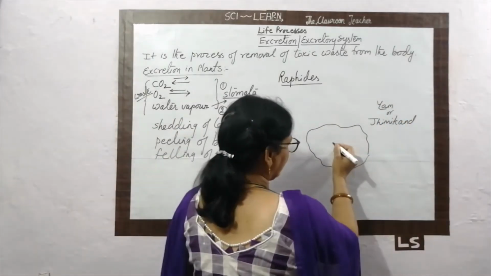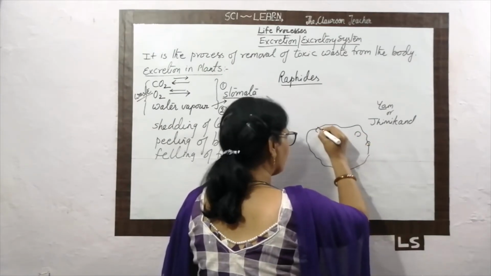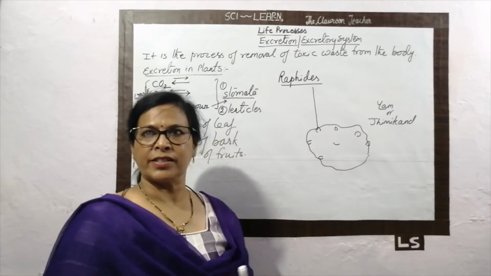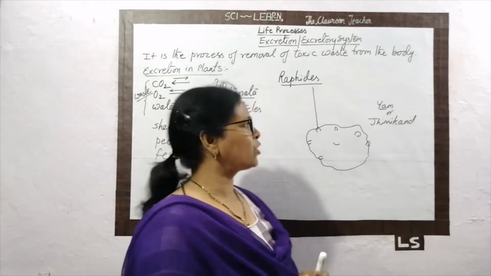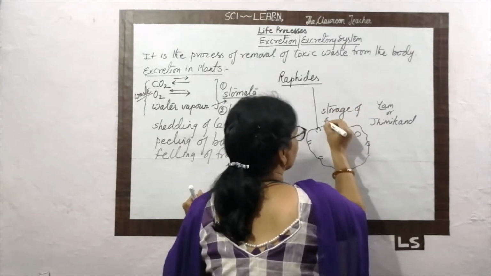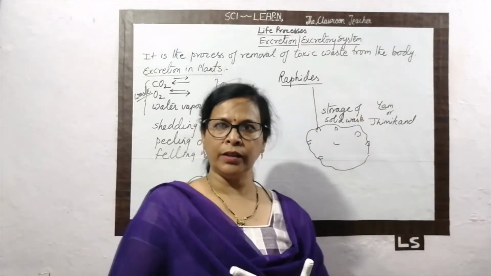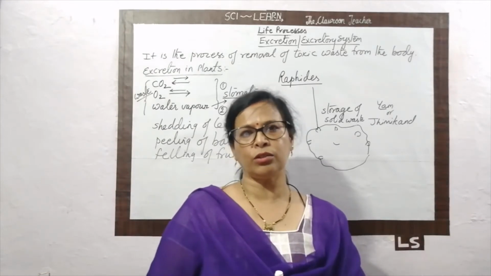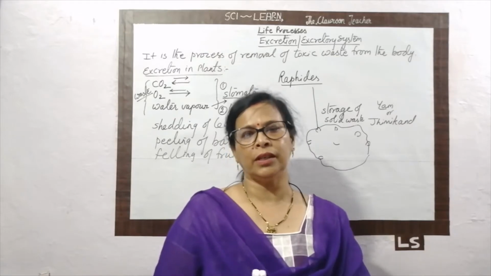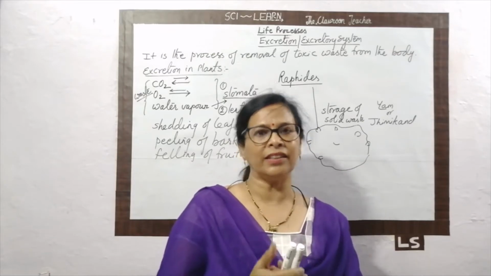On the surface of the yam, some part is present like this. This is actually the raphide. What is the role of raphide? This is actually the storage of solid waste. So plants store the waste in the body, and that is stored as a food material also, and it is stored as an essential substance also. So plants do not need a particular excretory system because they have no waste generated in the plant body.